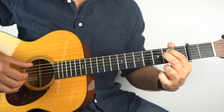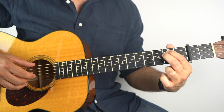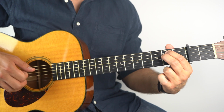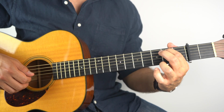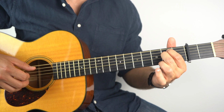And then it goes just to your E minor, play strings 3 and 6 together, 3 and 6, then the fifth string. Then you're going to go 2 pull off to open on the fourth string. So, okay, and then open hammer to 2 on the third string. So,